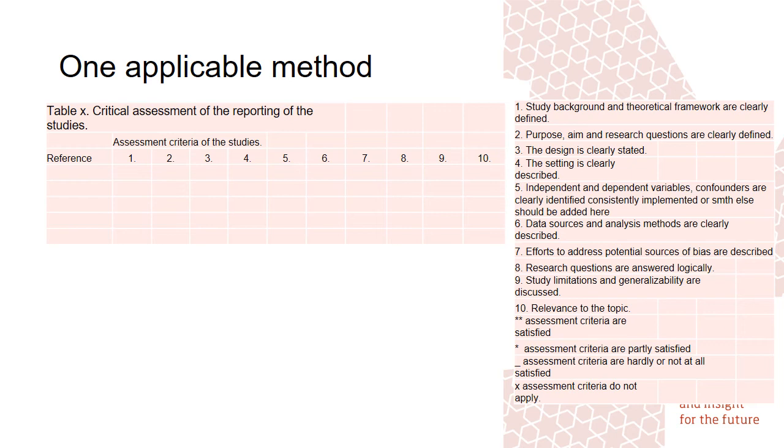For example, criterion 5, independent and dependent variables and confounders are clearly identified. That doesn't apply to qualitative studies nor to systematic reviews. Then you just need to mark there that in the case of qualitative or systematic reviews, that criterion does not apply. So it kind of